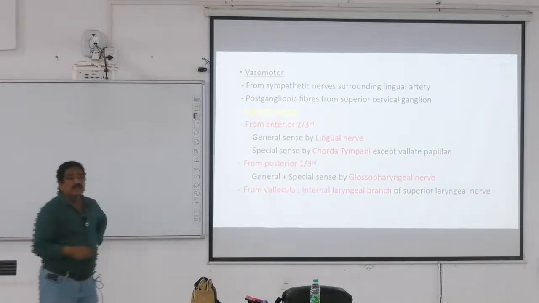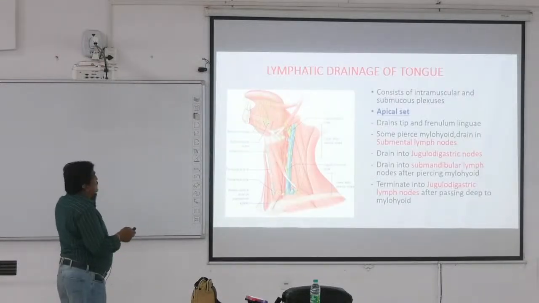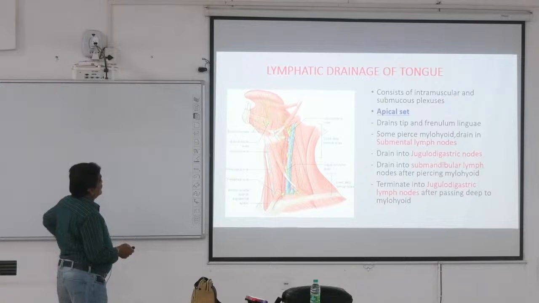This is very important. The nerve supply of the tongue can come as a short note. Now, lymphatic drainage of the tongue, it consists of intramuscular and submucosal plexus, apical set,